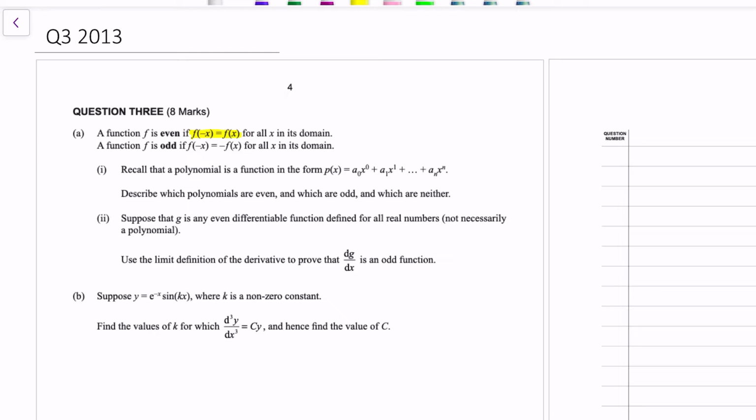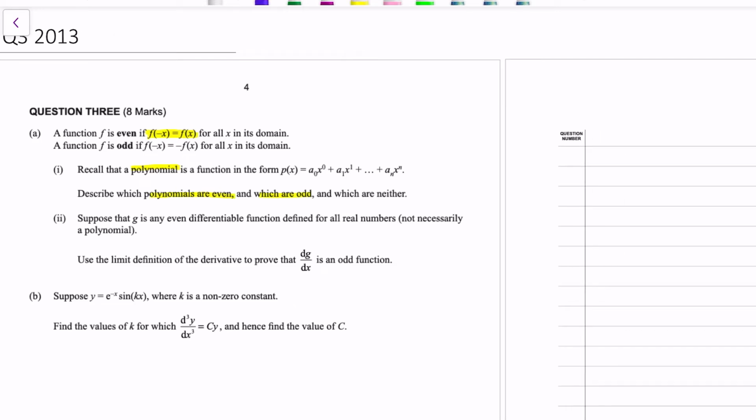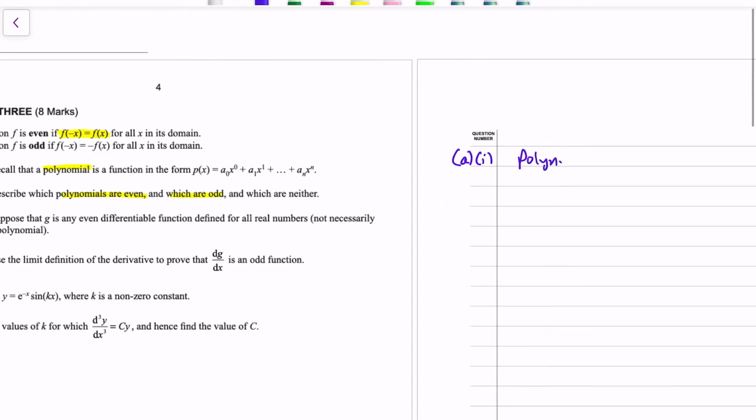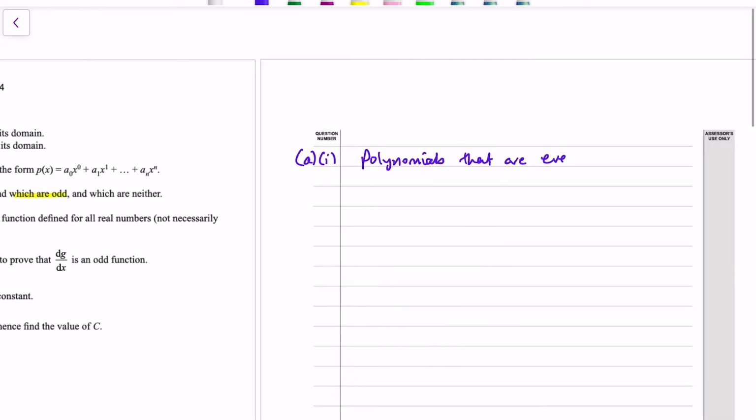Now for the first part, we're just talking about polynomials. Describe which polynomials are even and which are odd. So what we need to say is polynomials that are even only have even powers. So e.g. y equals x squared, y equals x to the 4, but in general, and this was important, they made a note of this in the mark schedule, in general, a polynomial